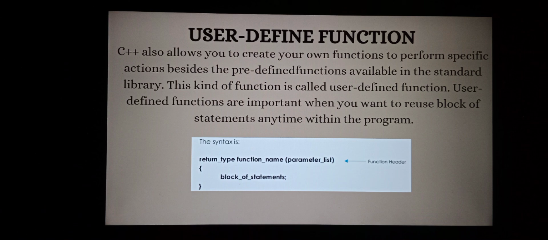User-defined function. C++ also allows you to create your own function to perform a specific action, besides the predefined functions available in the standard library. This kind of function is called a user-defined function. User-defined functions are important when you want to use a block of statements anytime within the program. The syntax is